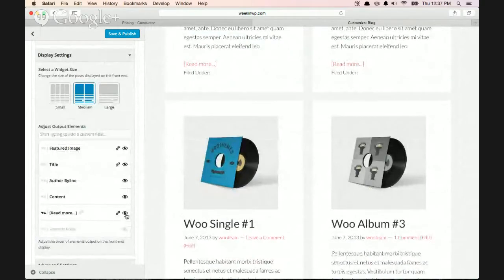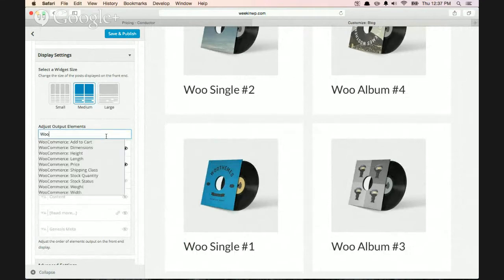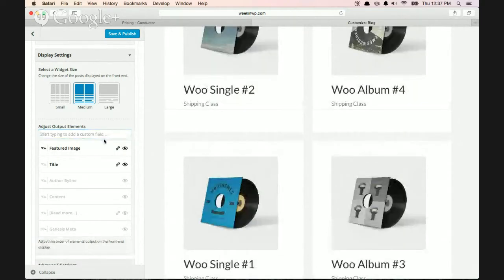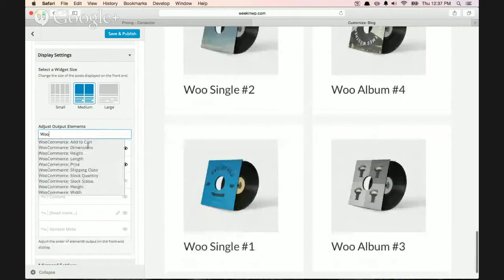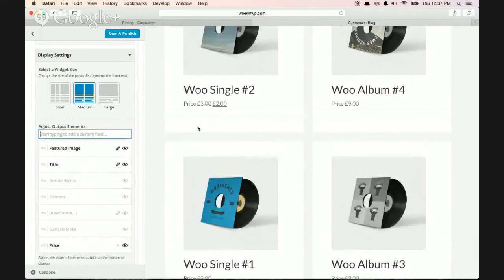Like, we don't want all this extra stuff because this is default WordPress stuff, but what we do want, because we are building an archive page of content, is we want the WooCommerce field. So with our add-on, you can do things like add the price. So once we get the, whoops, I clicked on shipping class. Let's add the price. When we add the price in, you can see the price drop right in,